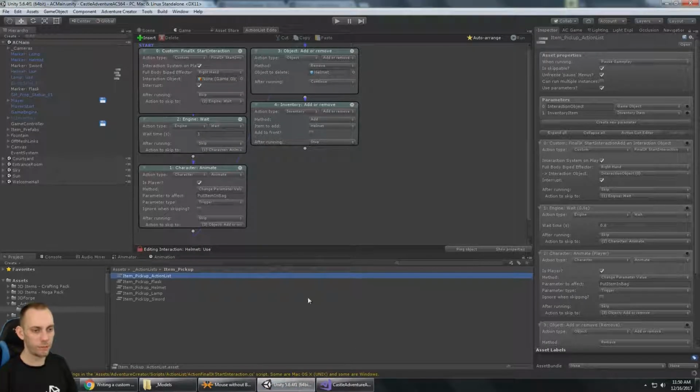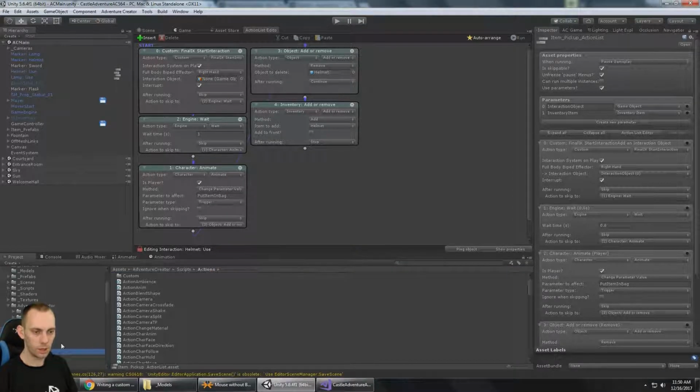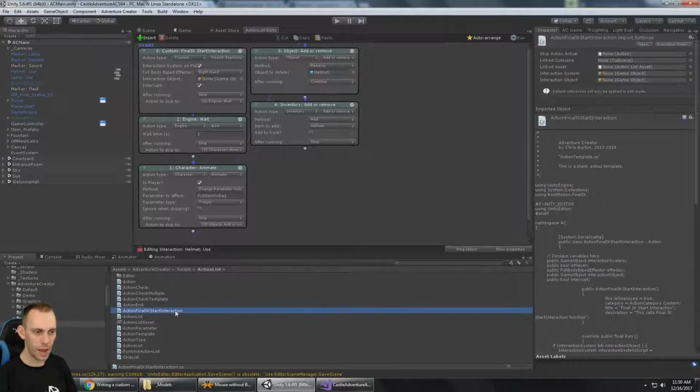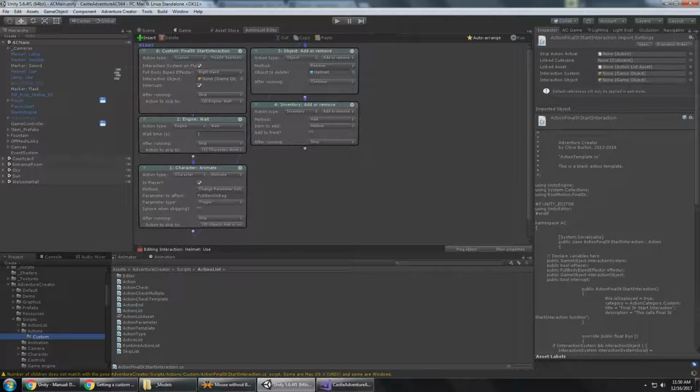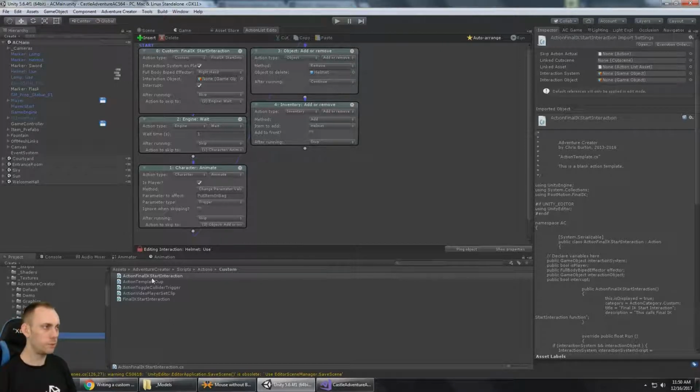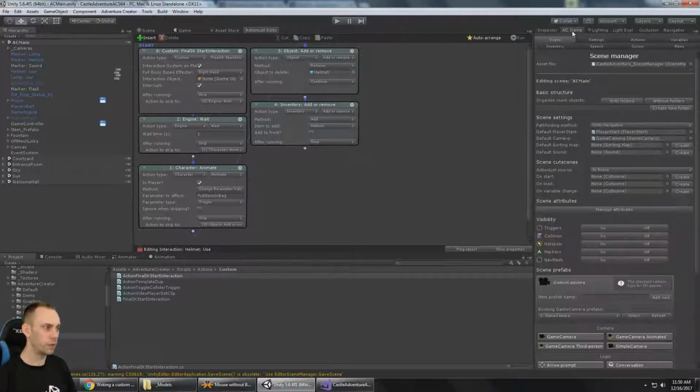So now that I have completed scripting, we're going to go to the actions. I think it was an actions list, and here it is: action, final IK, start interaction. I'm going to move this into this actions custom folder, and if the custom folder is not there, create it, or make a folder that you want to, or anywhere you want. We just need to make sure we go to the Adventure Creator, and we can see